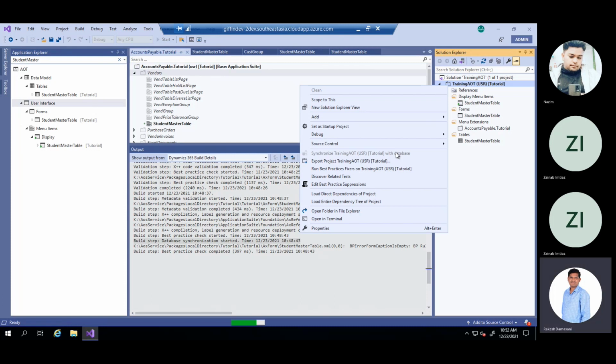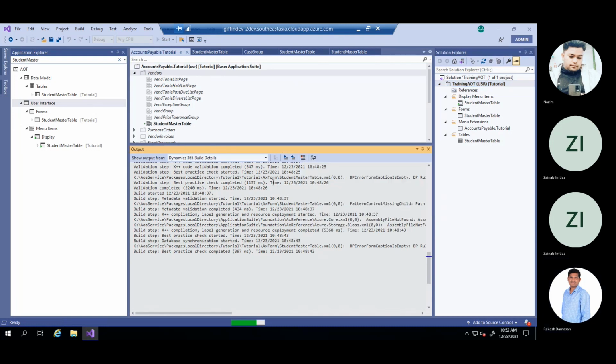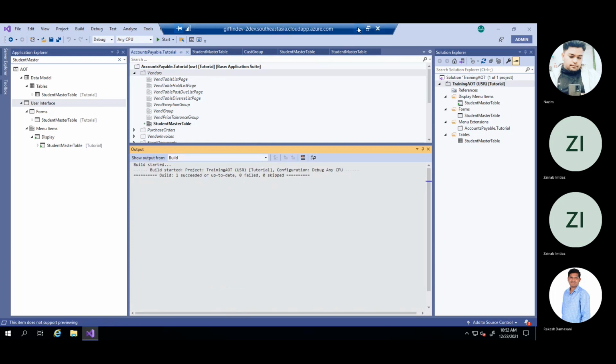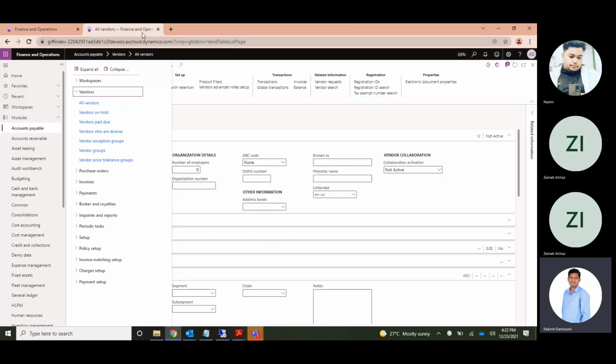Instead, we change the property and the system synchronizes the database on building the project. So the database synchronization and the project build should be completed. I think it is completed. Then go to the link or URL and just refresh it.